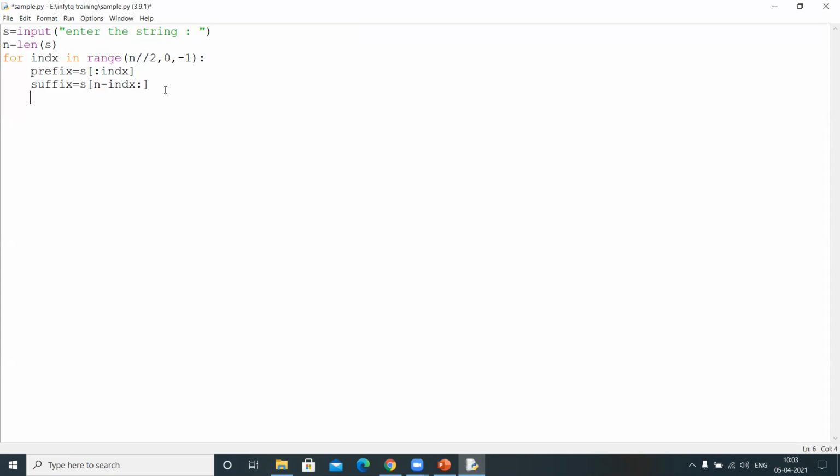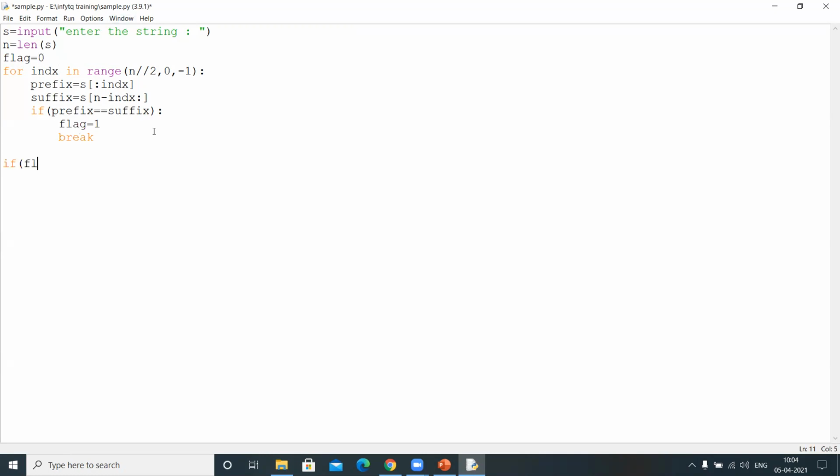Now observe, what is our condition? If prefix equal to suffix, then we found the longest prefix which is same as suffix, right? In that case we need to break. Let me take a flag variable here, initialize it to 0 initially, flag equal to 0. Now flag equal to 1 and break, which means whenever we find the longest prefix same as suffix, the flag value will become 1, right?